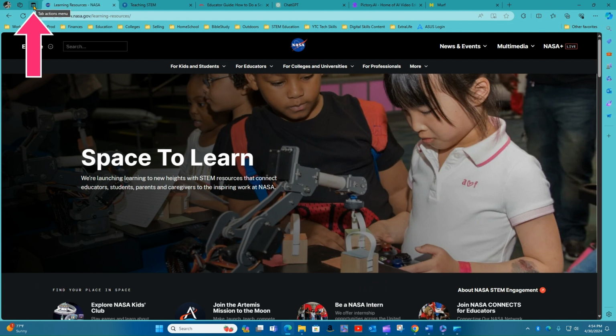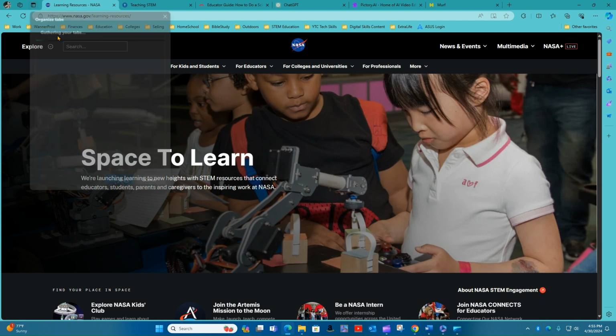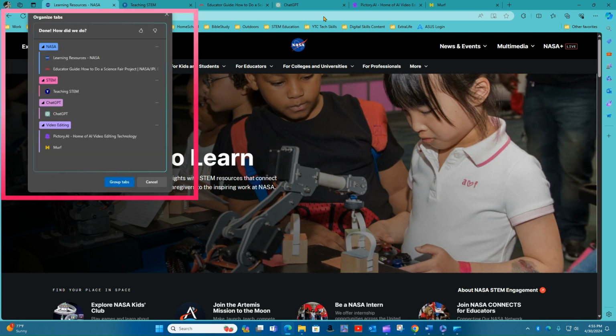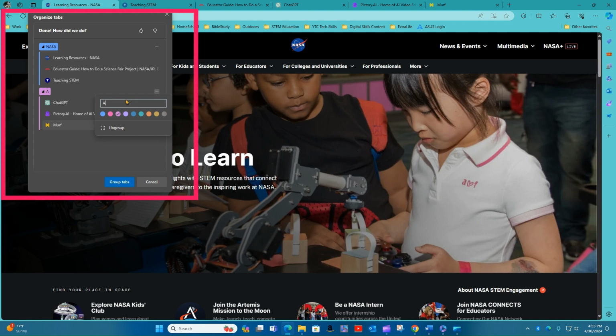It's located in the upper left-hand corner of the browser window. The tab action menu can help you organize your tabs into different categories. So I'm going to click the Organize Tabs button, and it's going to gather the tabs I currently have open. And it's going to give me a listing based on some categories that it seems helpful. So if I want to change these, I could by moving some things into different areas and renaming. So if I wanted to rename that to AI tools,